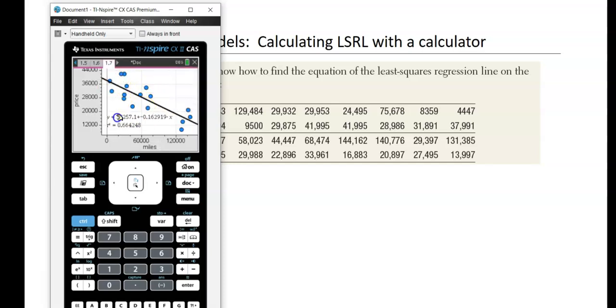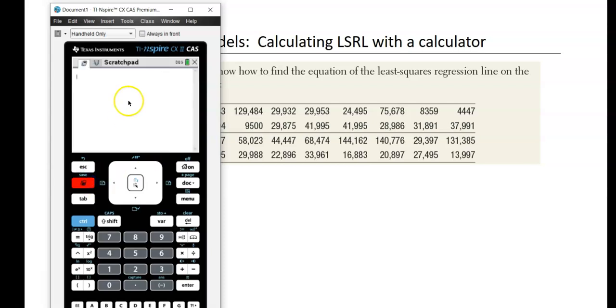And mine actually gives me not just the equation, but also the R squared value. To do that, if yours doesn't, go to Menu, Settings, and click Diagnostics. If I don't have Diagnostics on, it doesn't show me. But if I go Menu, Settings, and click the Diagnostics button, now it shows me R squared, which is 0.6642. So if I go to the calculator page and take the square root of that number,